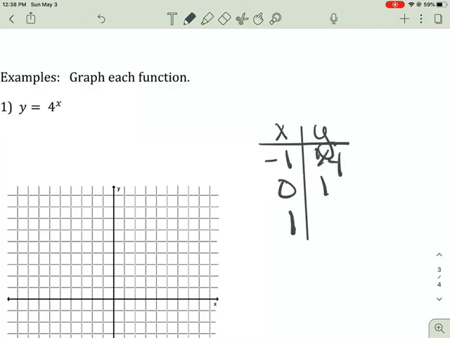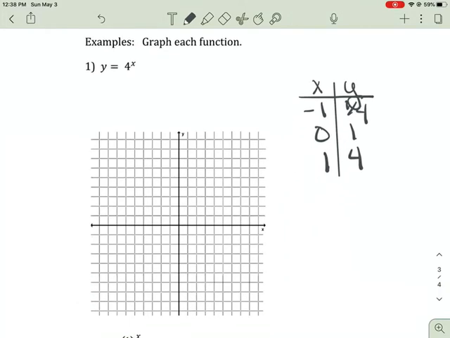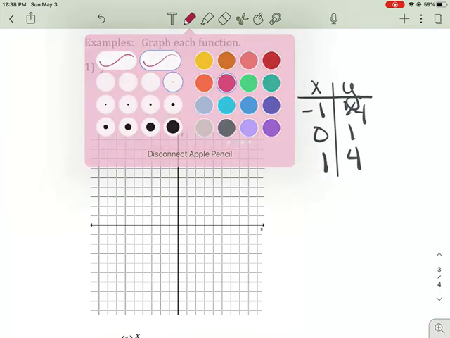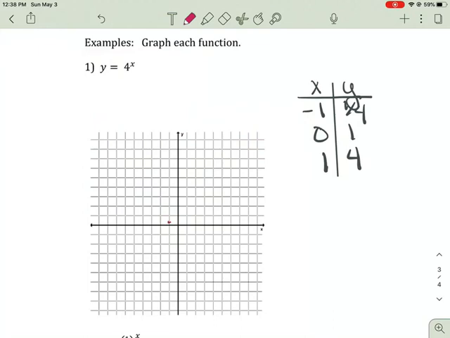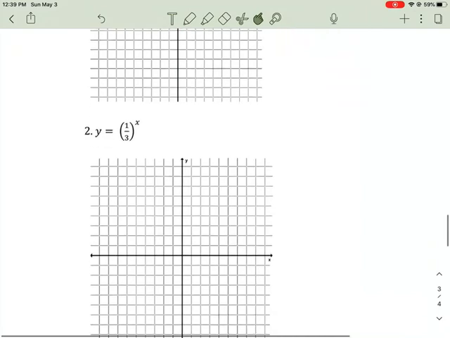So if I put -1 in here, that's 1/4. And if I put in 1 in here, I get 4. So -1 is 1/4. That's really tiny. 1, and I know this is going to be 4. So this is a growth as well. So I would want to identify whether it's growth or decay, where it crosses the y-axis, and then pick